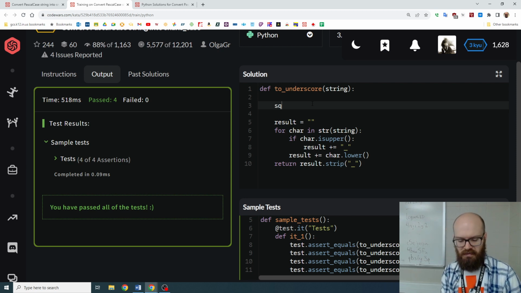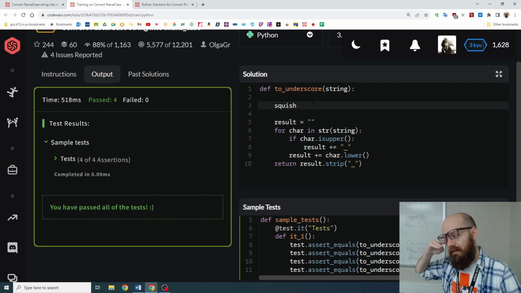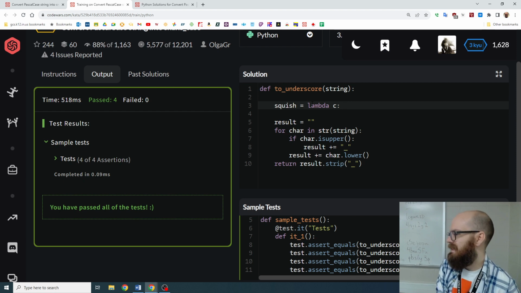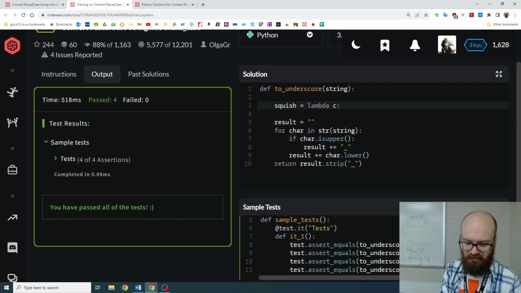I'm going to call it squish. Okay, that's just a made-up name. It's not real. Flatten is a name of a function that already exists, so I don't want to take that. So I'm going to say, maybe it gets a C for char, for character. And I'm going to say